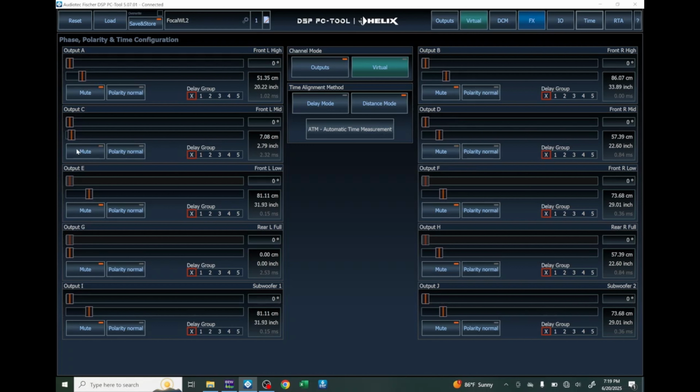So the mids are pretty easy to find the center as well, but when it comes to the woofers, those are super hard to find the center. So what I do is the same trick that we did for the time alignment. I shouldn't have reset my settings yet. I should have left the woofers all the way up, playing all the way up to 20 kilohertz, and you can use that to center the image. After you have centered the image, then you move everything back the way it was, and you're essentially done with